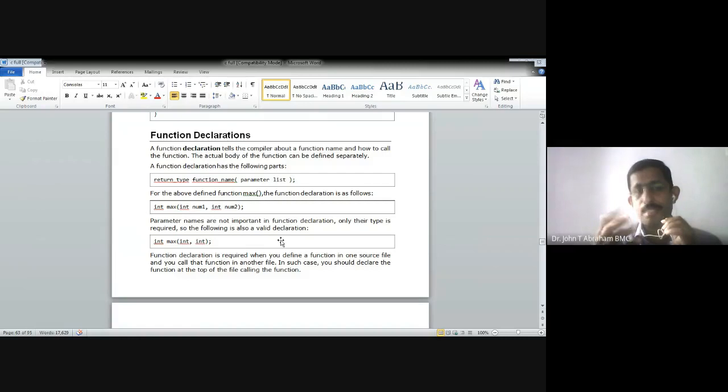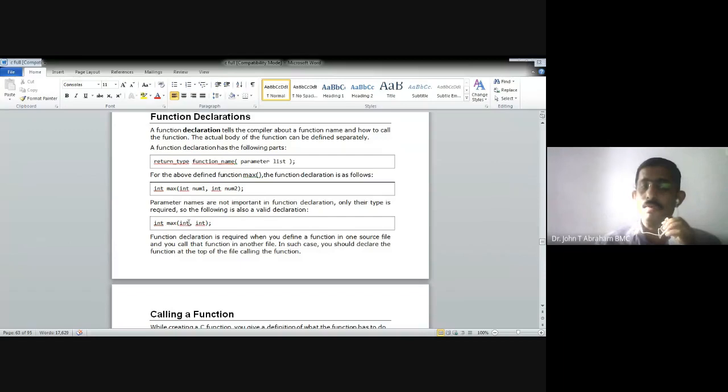So we will write a return type, function name, and within brackets the parameter list. Example, int max, within brackets we write int num1, int num2, or otherwise we can write int comma int, like that also.